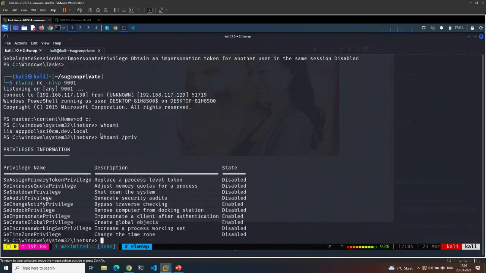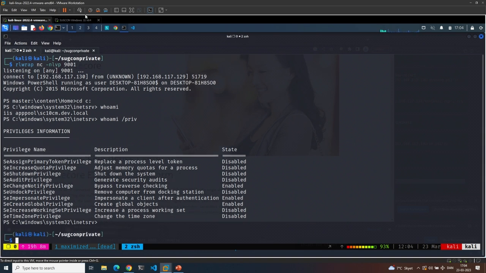Nope. It's the SeImpersonate privilege. You gotta love it. Keep that one in mind because once we're done, you have to choose which path we should go, but that one is neat. It's so awesome to have. That means you can get rid of an annoying manager in your company.